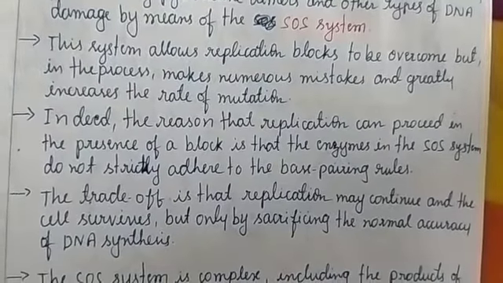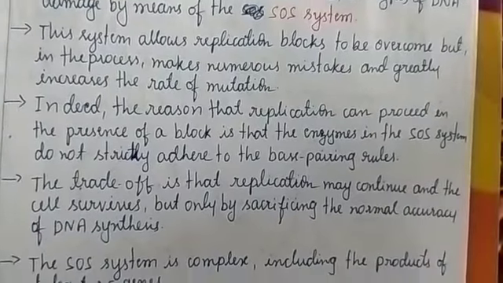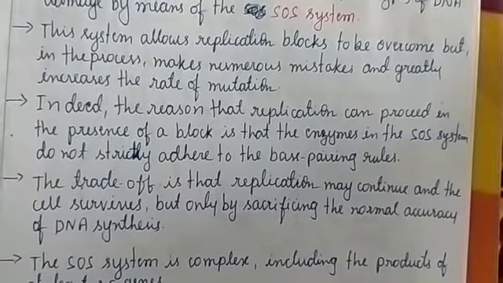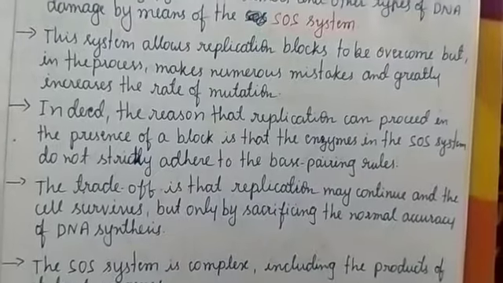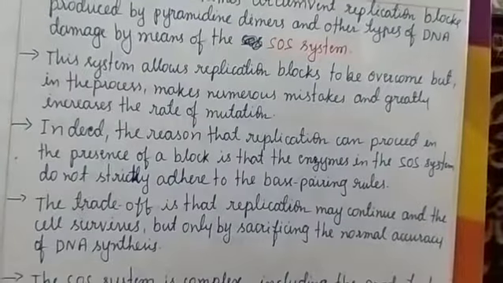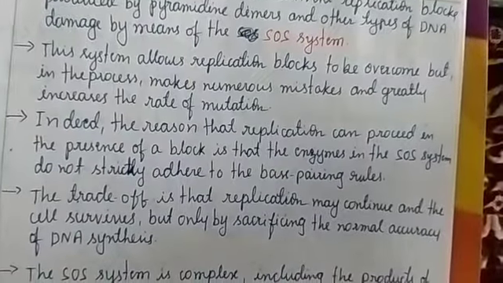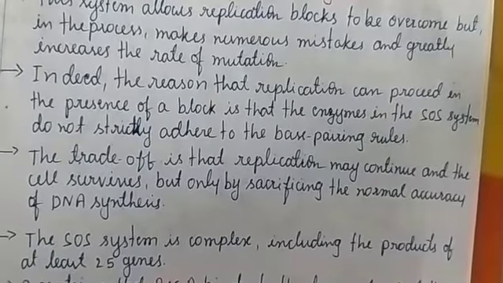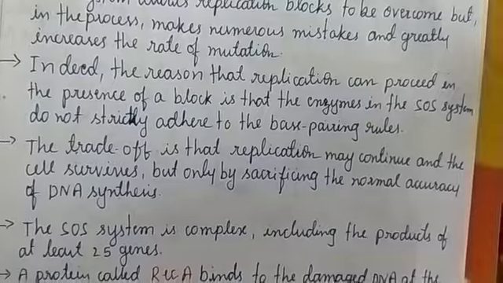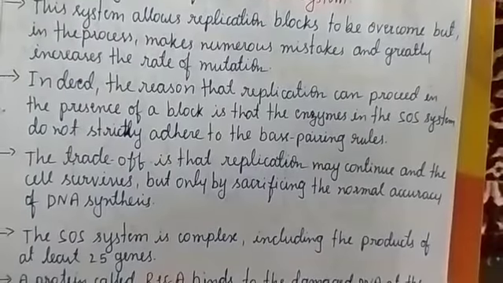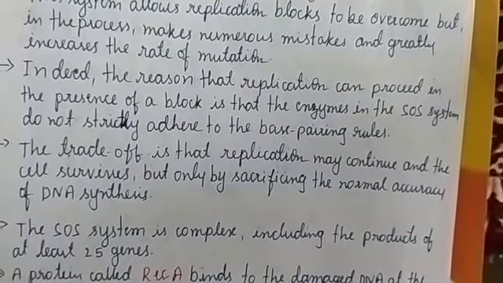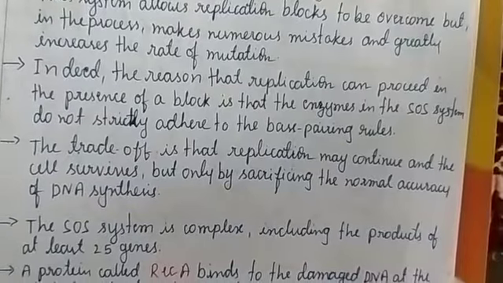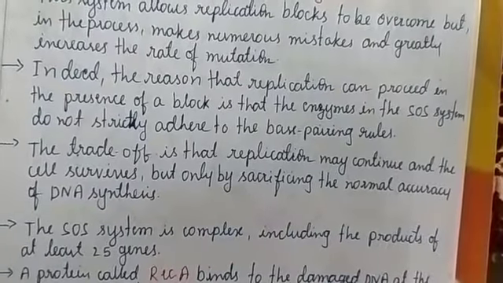Indeed, the reason that replication can proceed in the presence of a block is that the enzymes in the SOS system do not strictly adhere to the base pairing rules. Hence, the result of this replication is that replication may continue and the cell survives, but only by sacrificing the normal accuracy